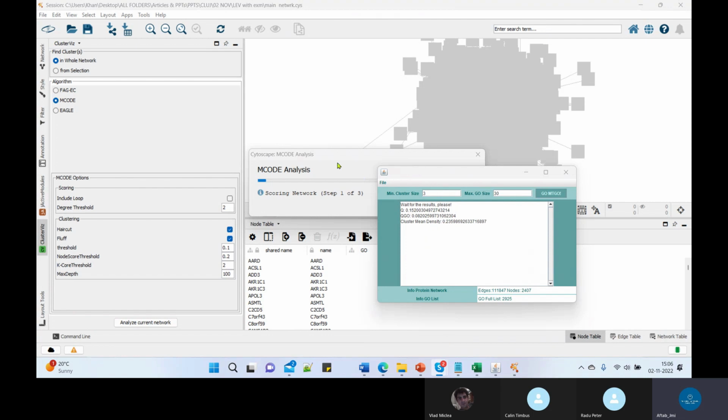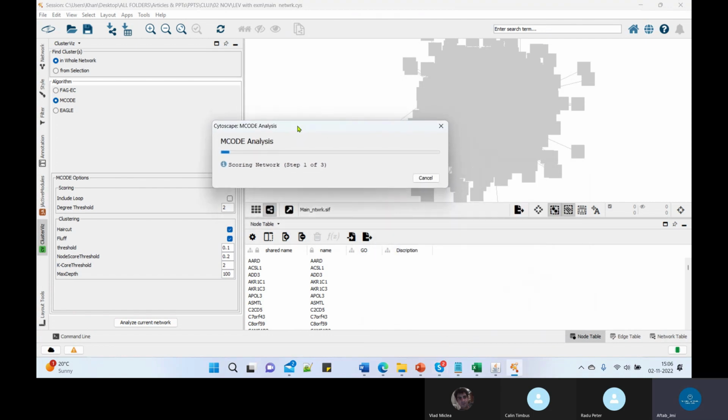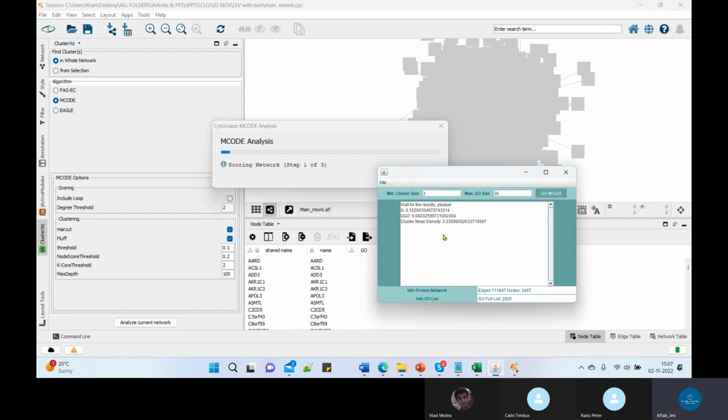Yeah, sometimes it took time. Network edges is too much. Now we started this calculation. So